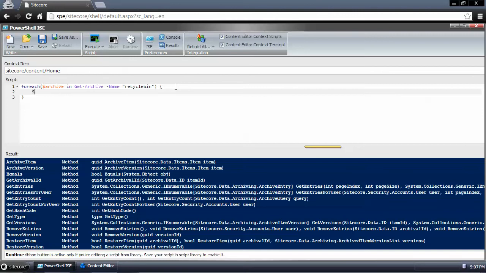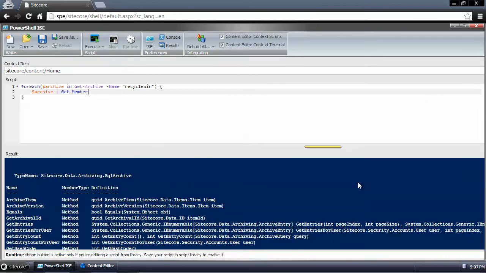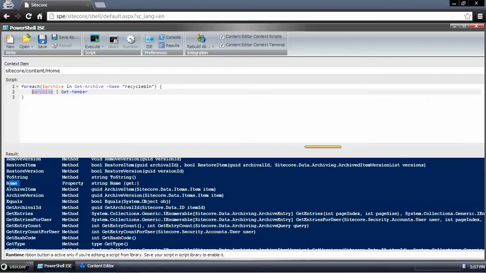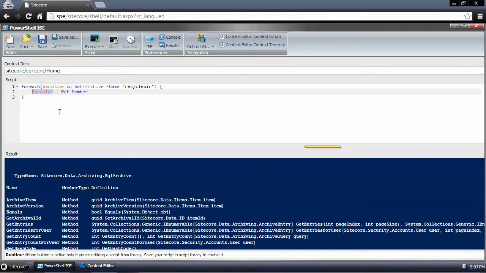So now that I have the archive, I can pass that to Get-Member. And we see that a SqlArchive is returned for each item. And each item I'm referring to is the archive. So there's a name. So basically the same thing that we just did a minute ago. Now if I do archive.GetEntries to Get-Member,